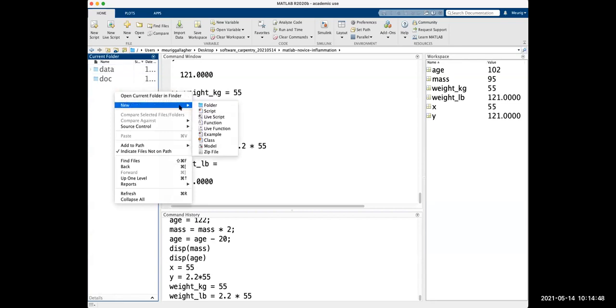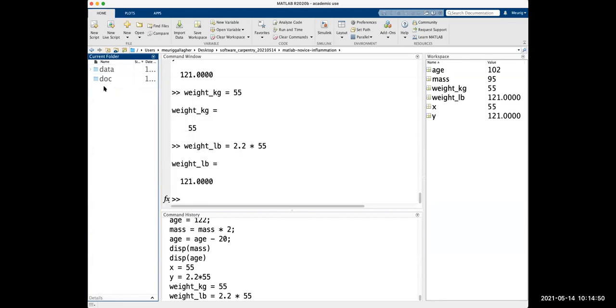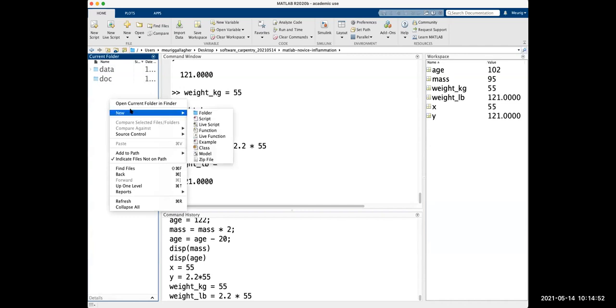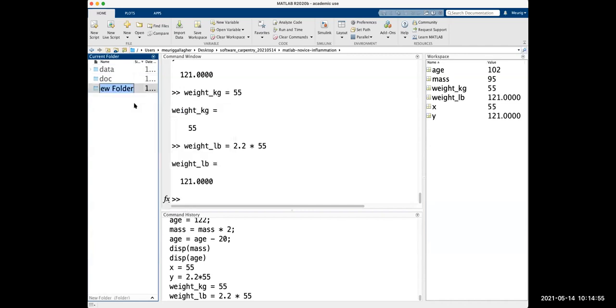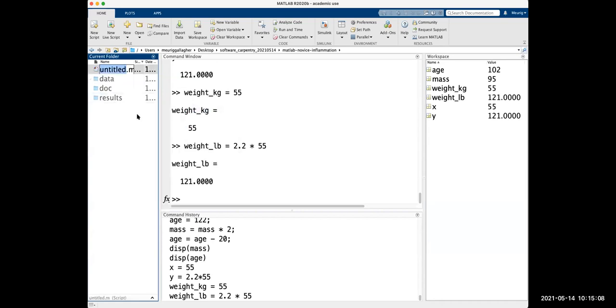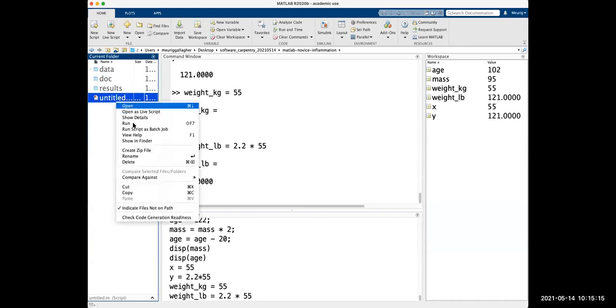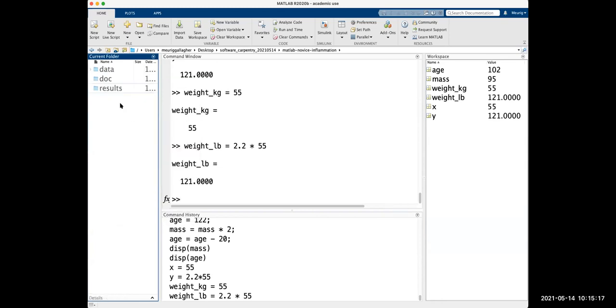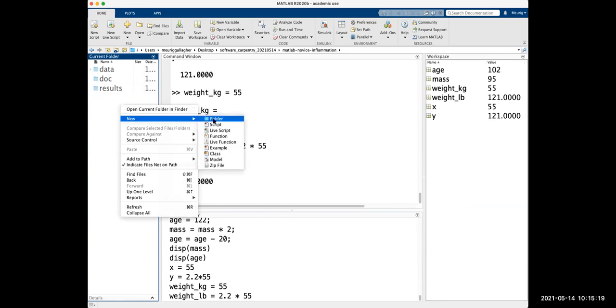And then we could have something like, if we say New Folder, so remember we go to the current folder, we right click on the mouse, we go New, we go Folder. We could have a results folder, and everything goes in there. So those will have all our results. Maybe any figures that we plot, we could save in there. And if we right click, we go to New, we go to Folder. Oh, sorry. So if you accidentally click one of the other things, and so here I've created a file, you can just right click and click Delete. So we right click, we go New, we go Folder.